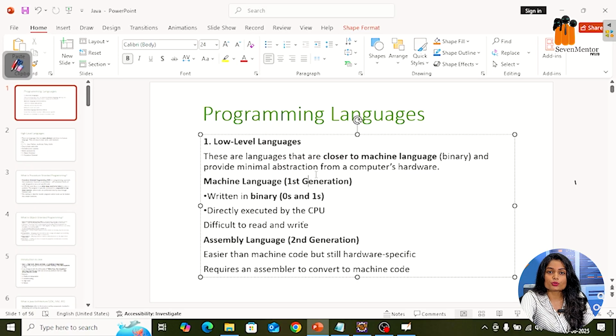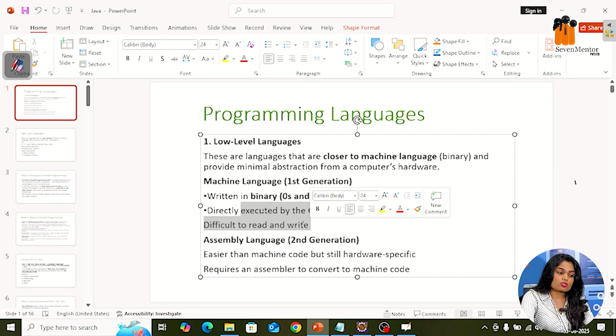If I told you to print a welcome message only using 0 and 1, it would be difficult to do. If we are not able to display a welcome message, then how can we build applications like WhatsApp, Instagram, Flipkart, right? Because of that, machine level language is not that useful. But always remember, machine level language is basically in binary, and it is known as the native language of the computer. It is directly executed by the CPU and is difficult for developers to read and write.